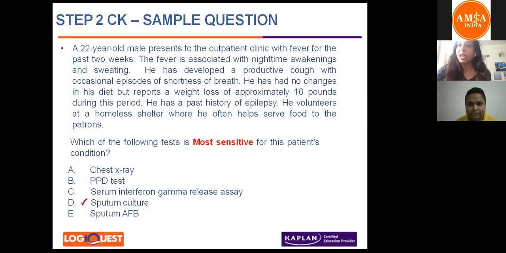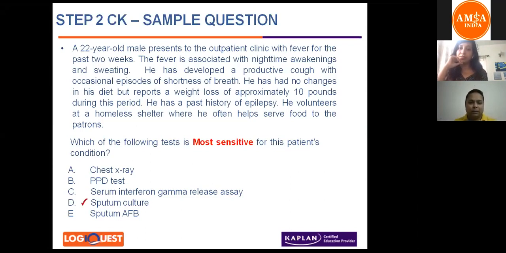Okay, someone has said a case of active TB. So will the assay come in active or latent? That's the follow-up question. Will the assay come in active or latent? Someone has said latent, which is why the assay is not the answer. Right? So don't go by the answer choices, understand your patient well, which is why we had